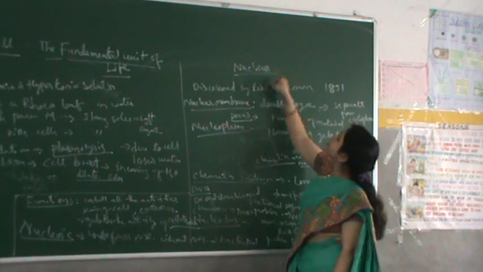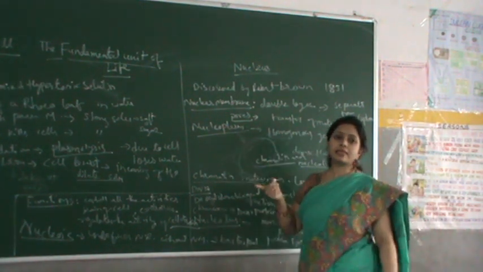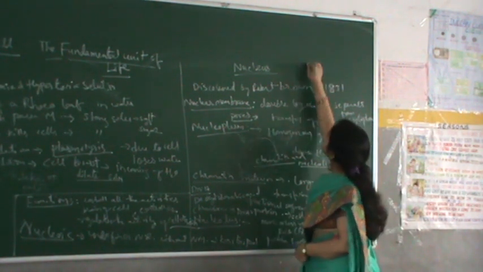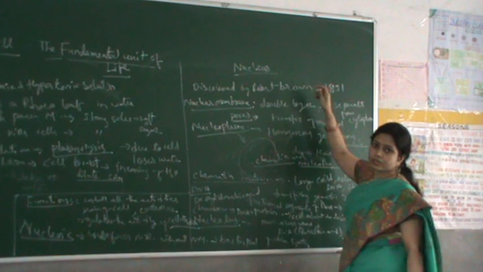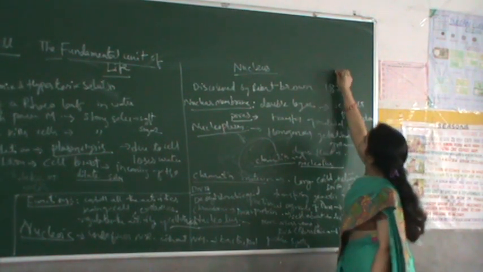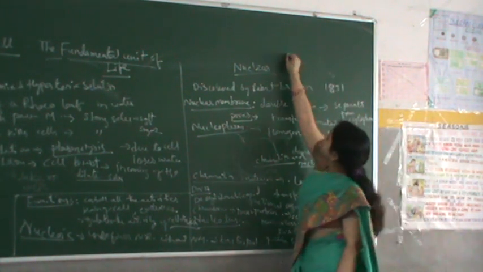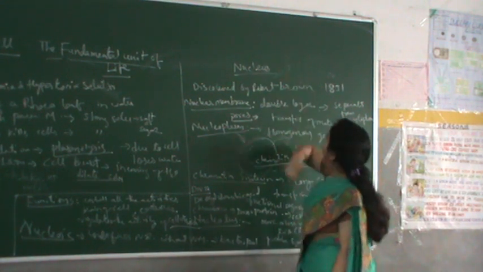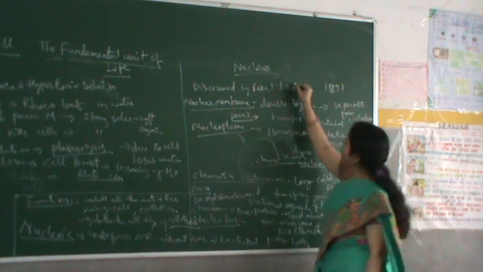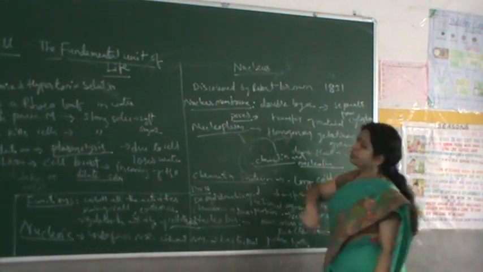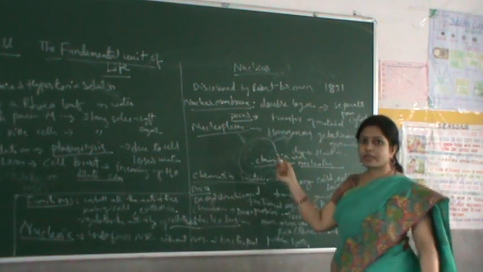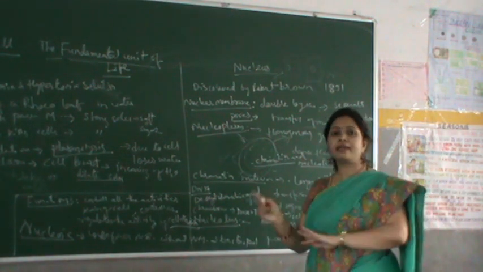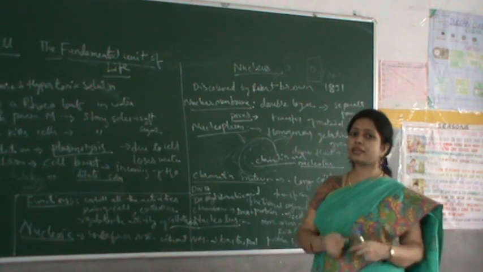Coming to the nucleus position, as I said in the earlier classes, the nucleus is at the center of the cell in the animal cell, but it is pushed to the periphery in the plant cell, isn't it? Seeing the position of the nucleus, we can identify which kind of cell it is, plant cell or animal cell. By seeing it, you can say.